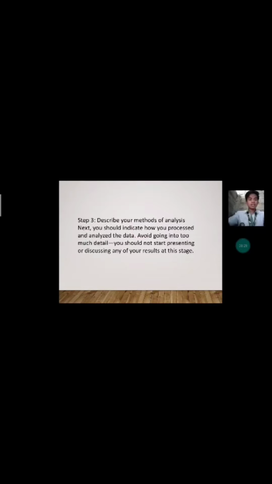Step 3, describe your methods of analysis. So next, you should indicate how you processed and analyzed the data. Avoid going into too much detail. You should not start presenting or discussing any of your results at this stage. So,